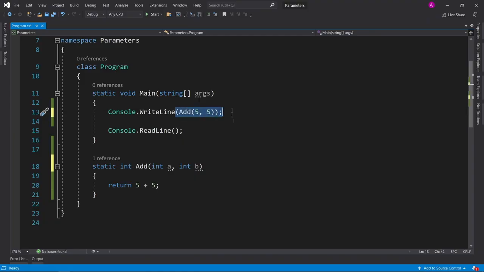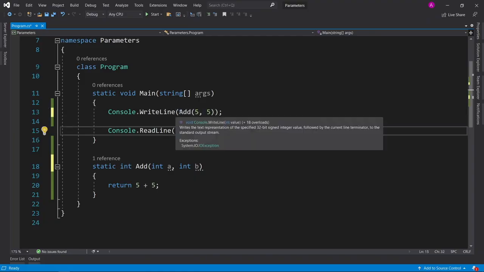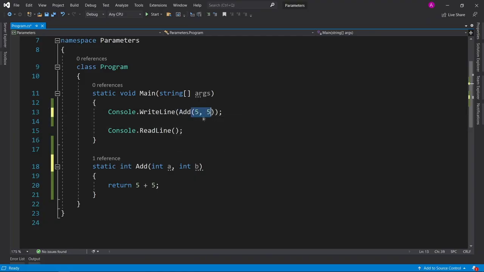So just this on its own is not actually going to do anything. We're actually giving the add function the values of 5 and 5 and placing them inside a and inside b variables. These are now known as local variables, and they only exist in memory between these two curly braces. As soon as this function is done, these are deleted from memory and you can no longer access int a